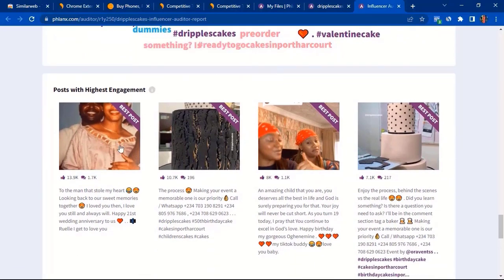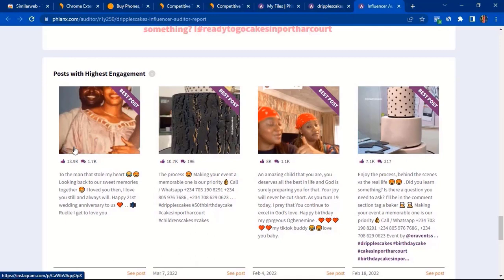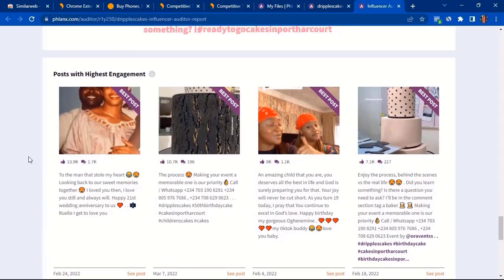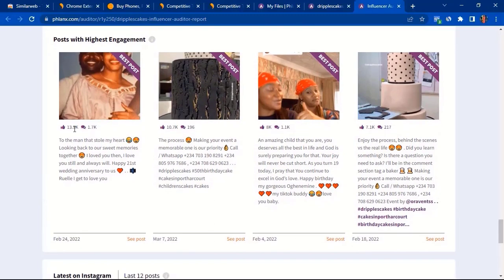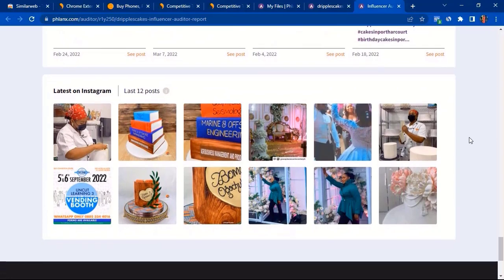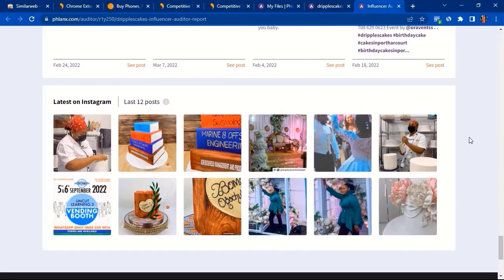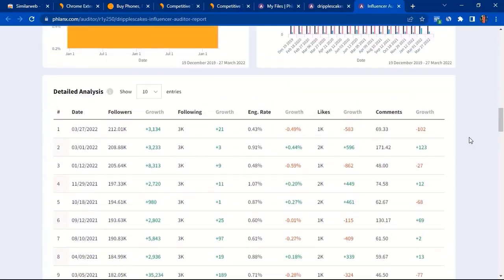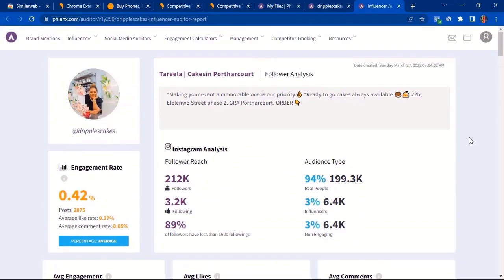So you can see posts with the highest engagement. By looking at the posts with the maximum engagement on her page, you can tell for yourself the kind of posts that her customers, her ideal audience, engage with the most. Like what kind of message actually caters to the audience the most. These things will inform you on all of this. So basically, it takes the entire concept of guessing out of the equation. There's no need for you to guess. You can pull real-life data from these tools and make an informed decision on how to grow your business, right? And this is just Instagram.